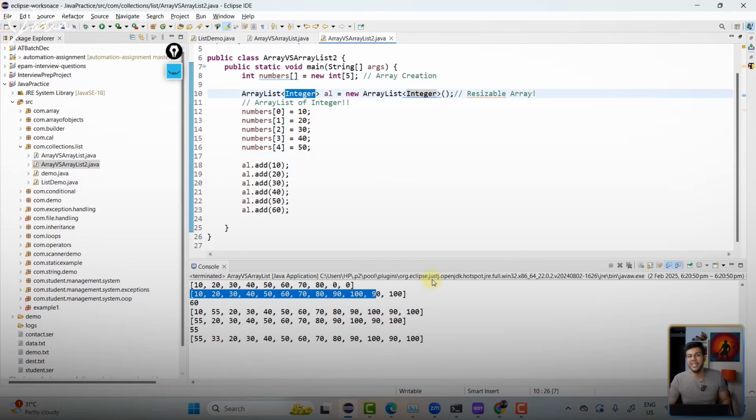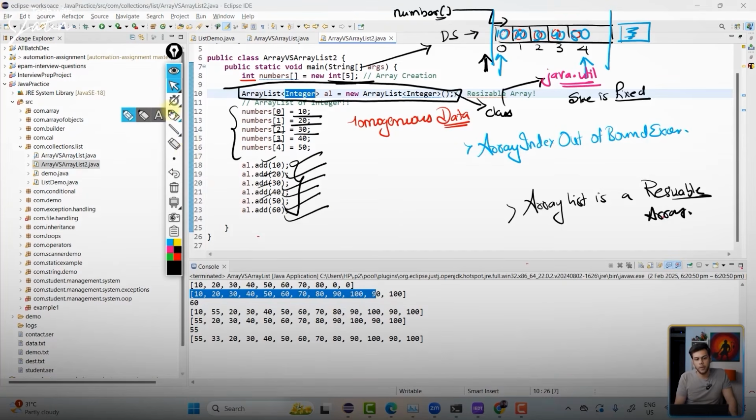One more important thing, guys. You see Integer, right? What is this Integer written over here? Yes, what is this Integer? This Integer is generic. Now, what is the purpose of your generic? If someone asks you, why do you need to use generics? What is the benefit you're going to get? Type safety. I have created an ArrayList that can store Integer kind of data.